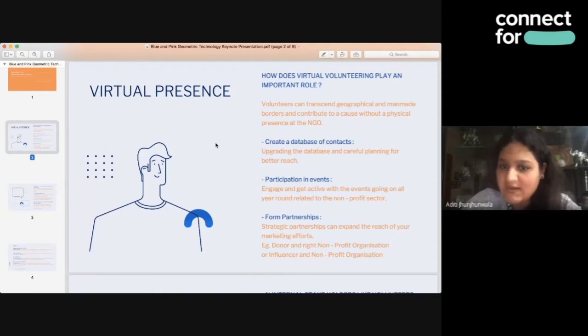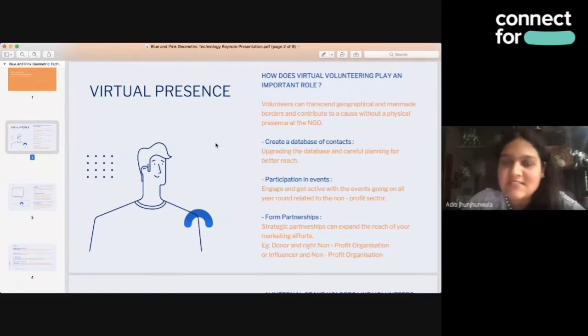Form partnerships, it's a very crucial part. Strategic partnerships can expand the reach of your marketing efforts. For example, a donor and the right non-profit organization, or an influencer and a non-profit organization.